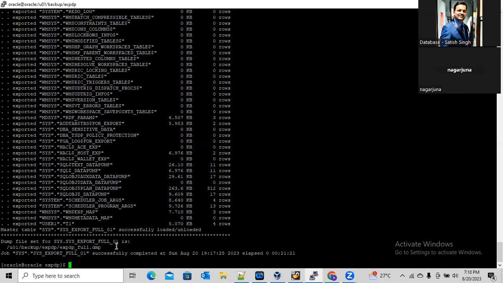If you don't have an idea where it's generating the backups, in the last part of the backup output you will get the path also. So you just go to that path and you will get the dump file. Okay, so we are at this part and we'll look for